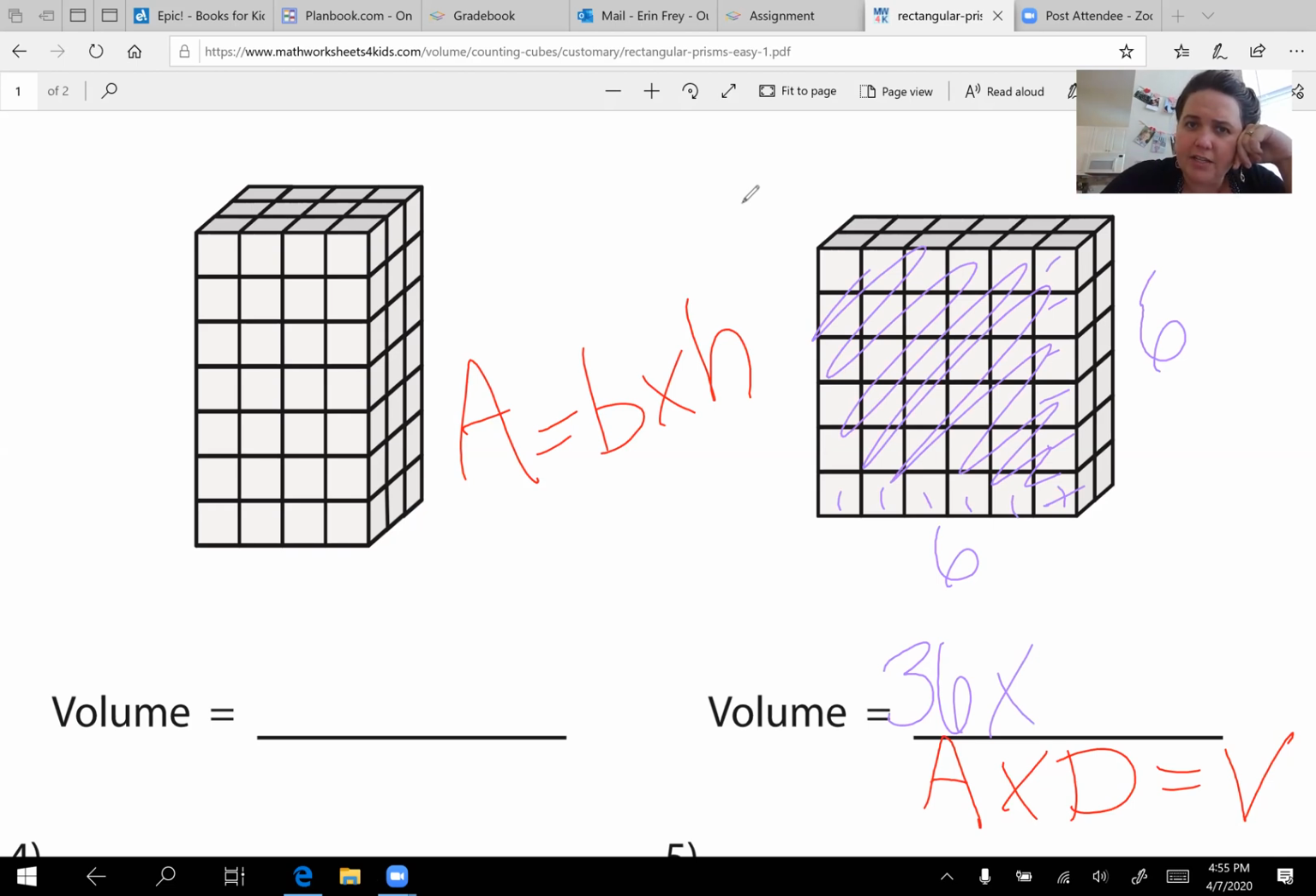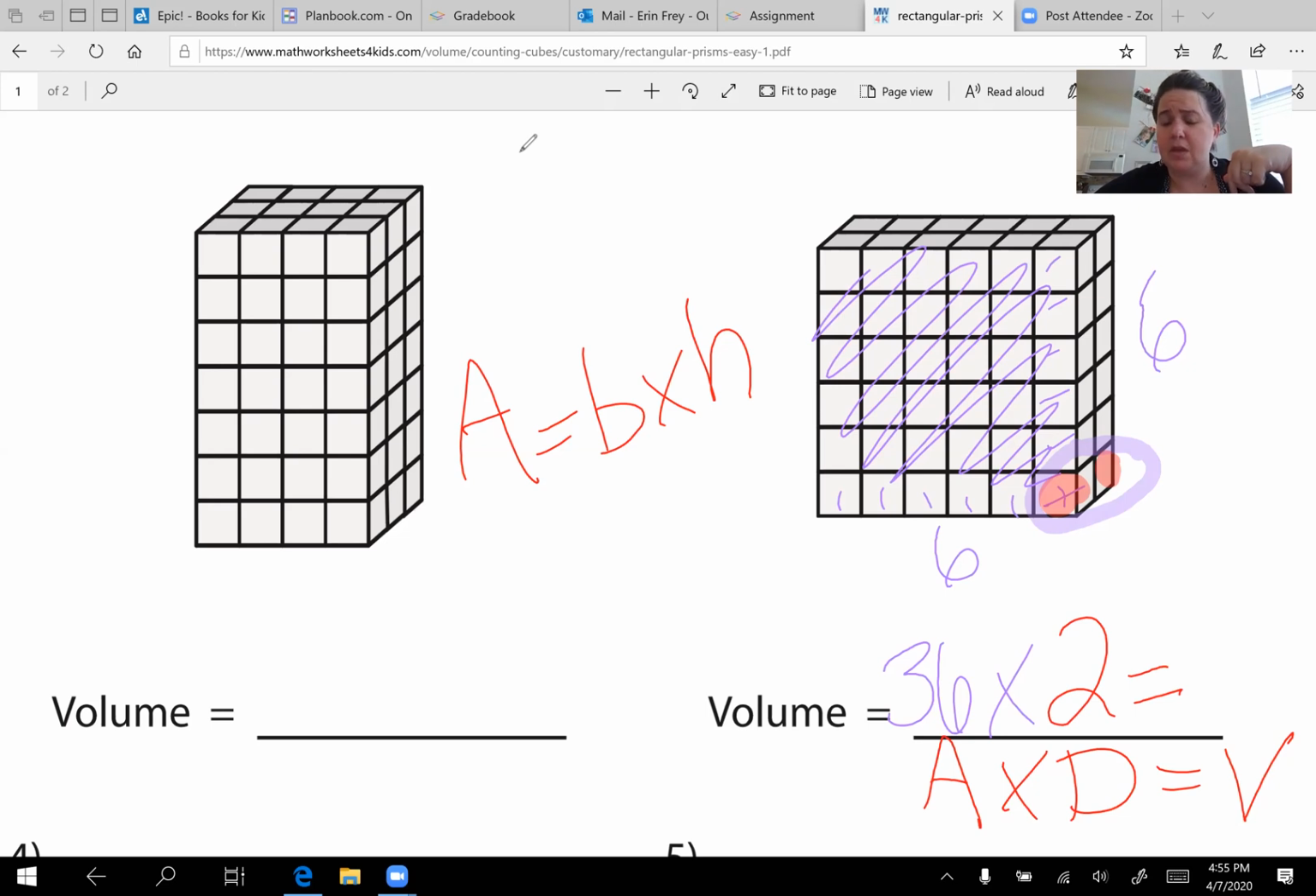So I have to find the depth. So remember, I look at these last 2 blocks here at the bottom. And these blocks tell me how deep it is. I see 1 layer, I see 2 layers. So 36 times 2 equals, well, I don't know 2 times 36 off the top of my head, and I